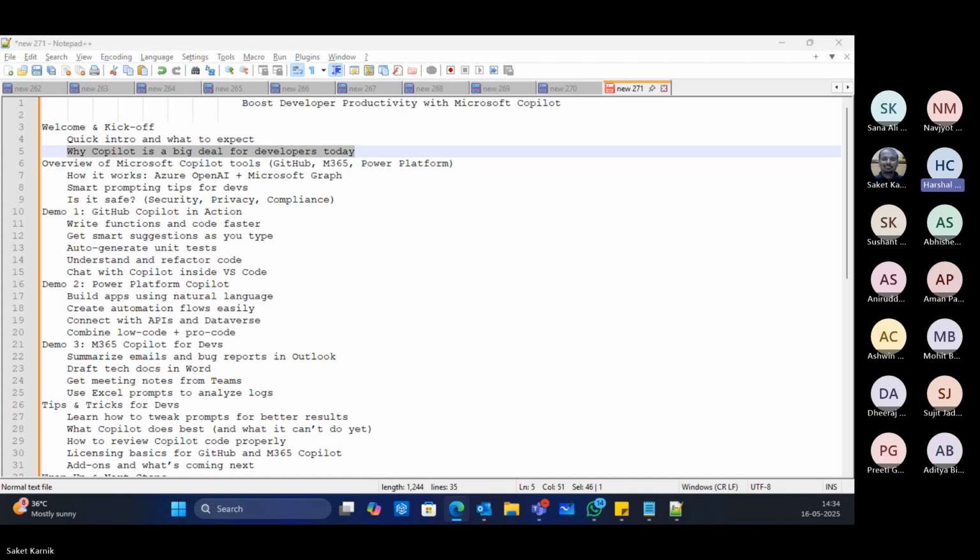It's basically a tool which gets integrated with the development environment and acts as a pair programmer for a developer, helping him in understanding, updating, upgrading, or writing code. And not only the development areas, but non-development areas also it targets. It is now very well integrated even with Windows Notepad.